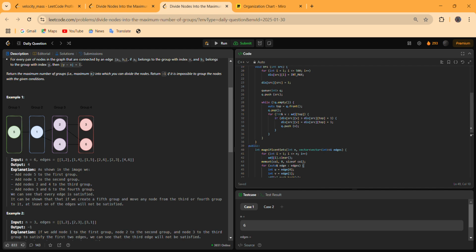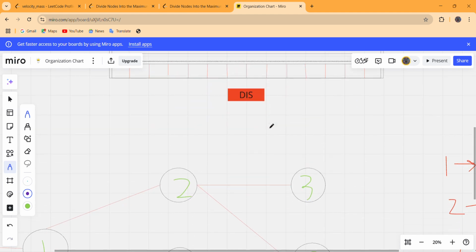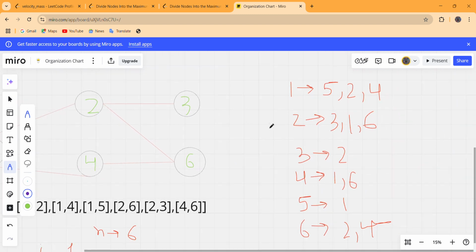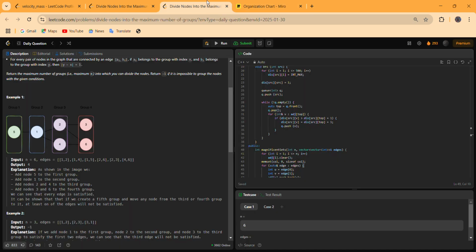And for int v in adjacency of top, that means we have to go in adjacency of 1. What are the elements of 1? If we go in adjacency of 1, we will find that we can go to 5, 2 and 4. So first we go to 5. That means